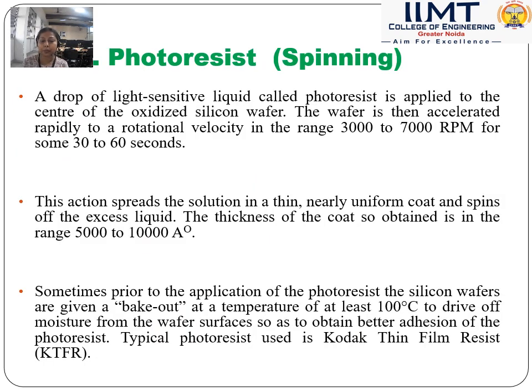Here, the first part of photolithography is explained. The first part is applying the photoresist by the spinning technique. Firstly, a drop of light-sensitive liquid known as photoresist is applied to the center of the oxidized silicon wafer, and